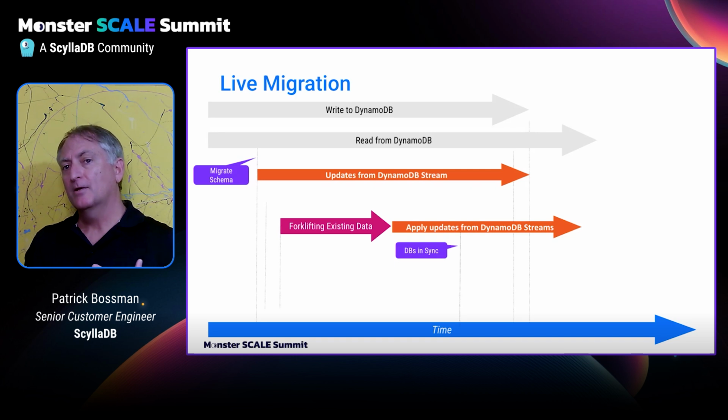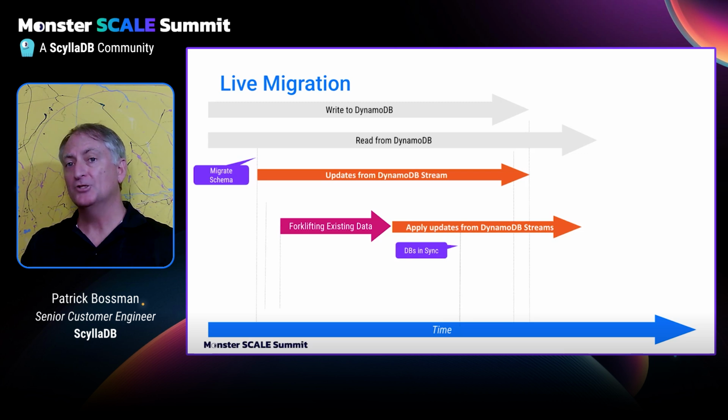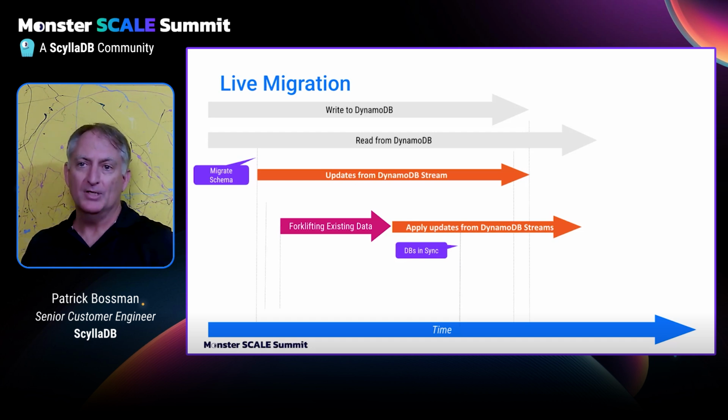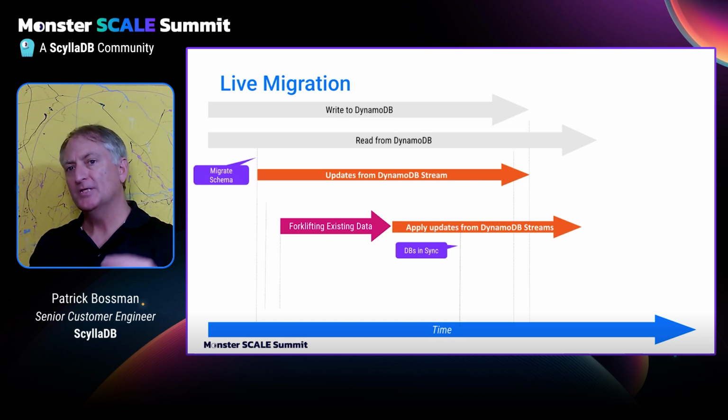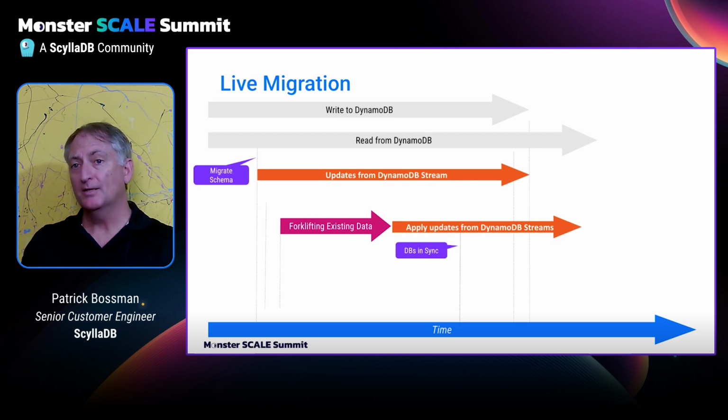And after that completes, then we would apply the updates from the DynamoDB streams to catch up Scylla with DynamoDB. And so there's a sequencing here. And I have a line, you can see that the DBs are in sync about halfway through. We keep applying the mutations, and after the databases are in sync, that's dual writing, right? And so from that point forward, it's very similar to the Cassandra migration, that we continue to write to both the DynamoDB source and the ScyllaDB target until you've completely transitioned writes to ScyllaDB and you cut over the applications